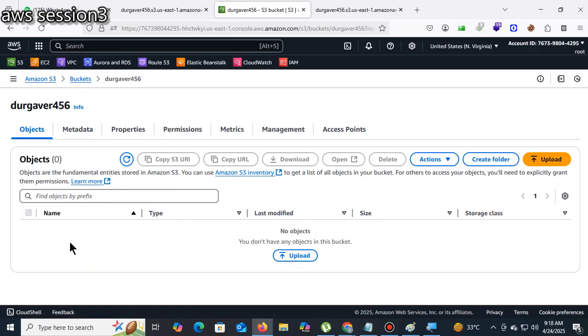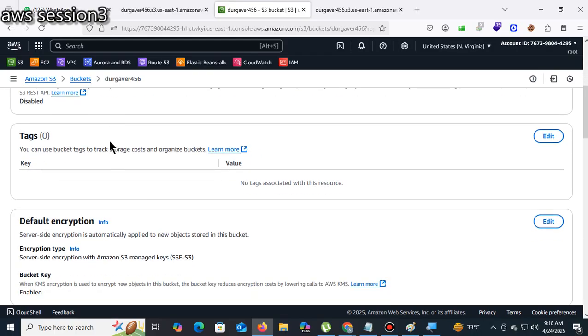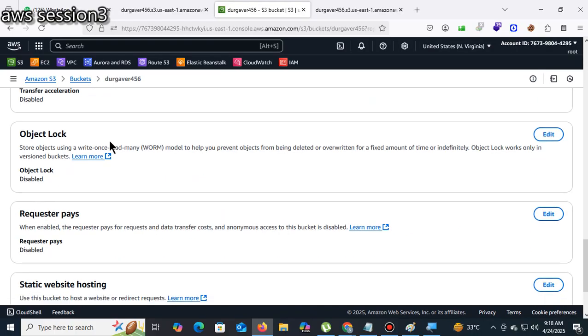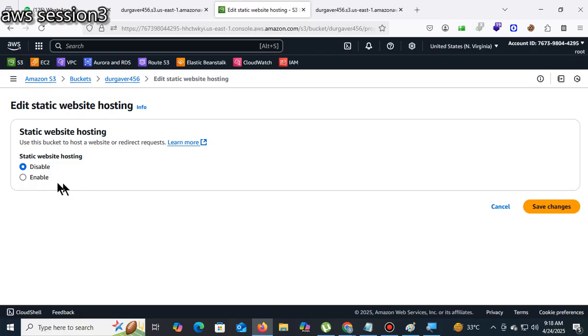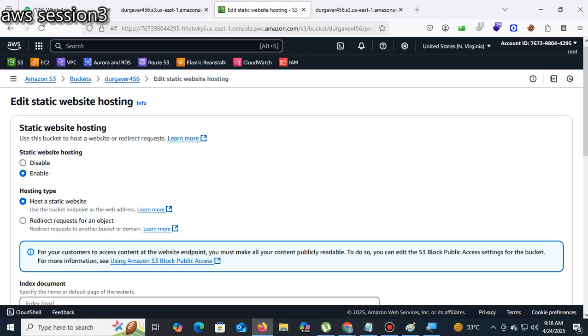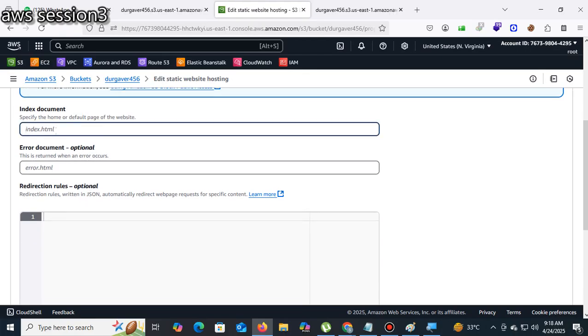Just click on this one, then go to the properties to make it a static website. Scroll down and click on edit, then select the option enable. Type here index.html.